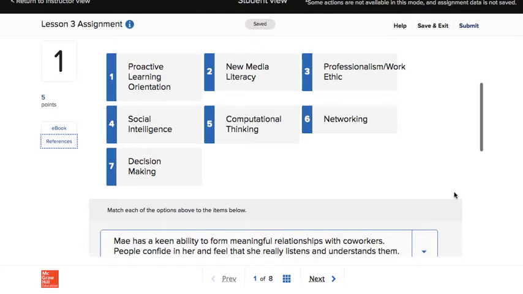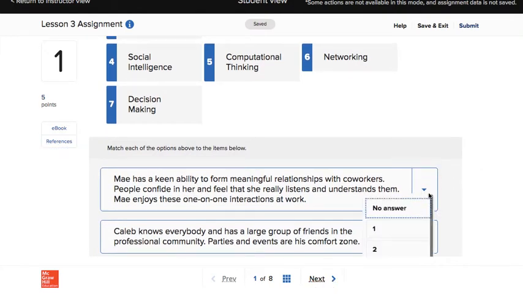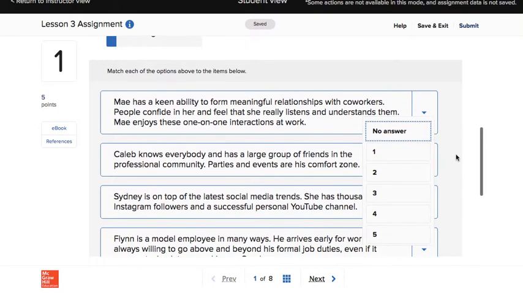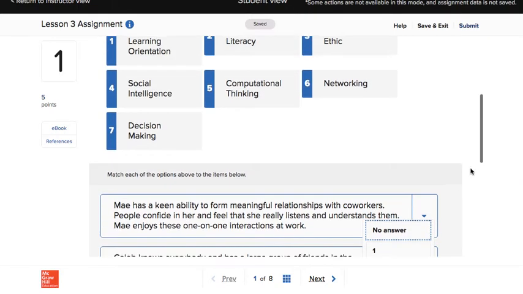When you look up here, is that a representation of proactive learning orientation, new media literacy, professionalism, work ethic, networking, computational thinking, social intelligence, or decision making? Depending on which of those numbers you believe it is, you click on this arrow and then you scroll to pick one of the answers. So let's say I think that this is